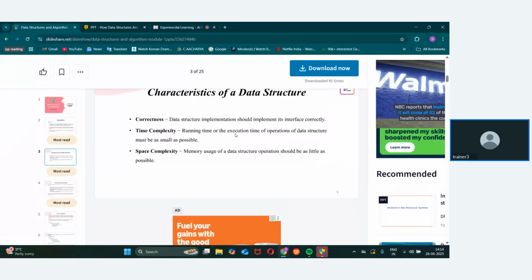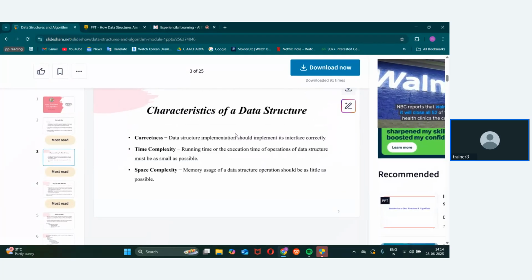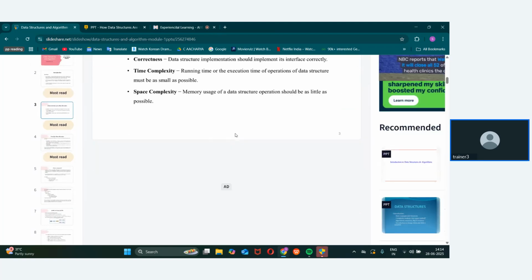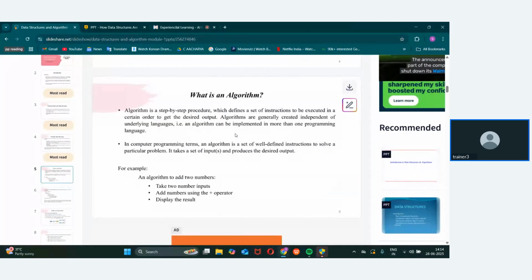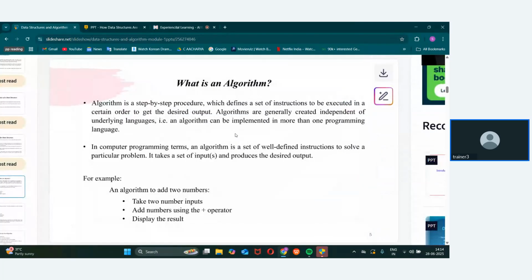We have looked through the characteristics and need for data structures. Coming to an algorithm, it is a step-by-step process,